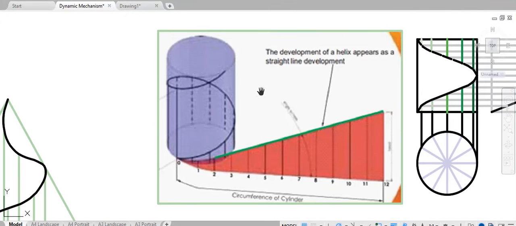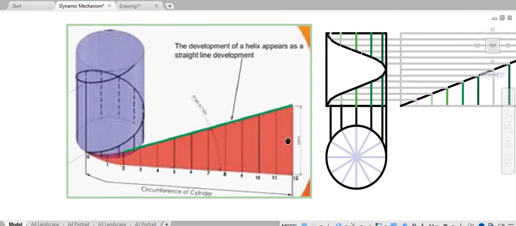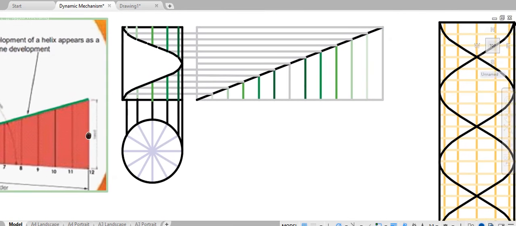Okay, so in this video I'm going to be talking about some helixes and conical spirals that we'll see throughout dynamic mechanisms. The first way I'm going to talk about is the helix, and that's going to be the development of a cylinder with a straight line going from the bottom to the top, which will produce a helix in elevation. So as you can see here, we have a